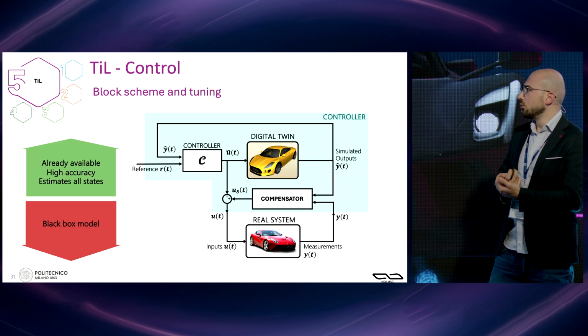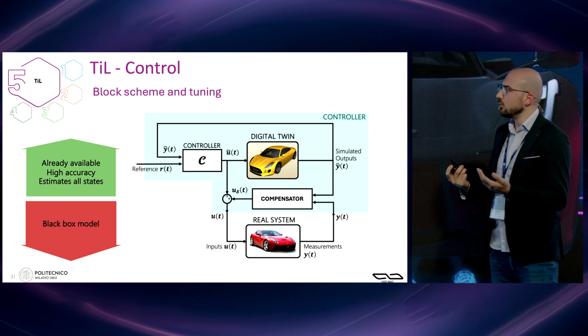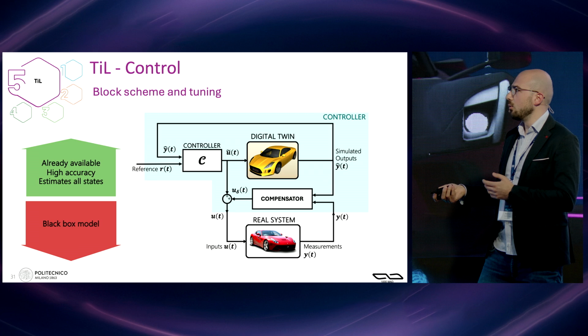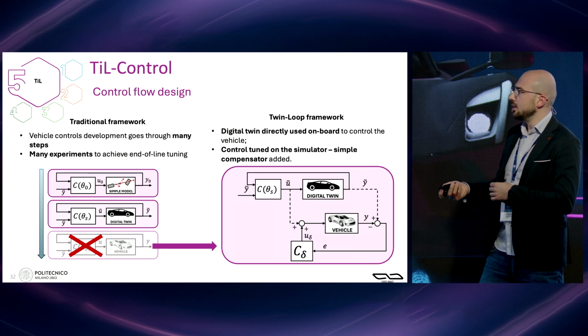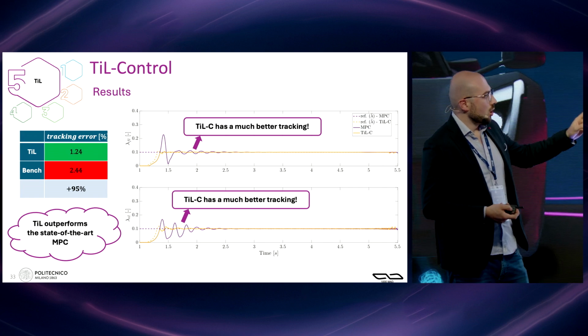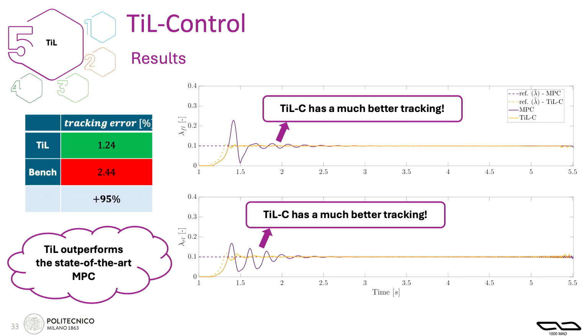About the control, same ideas, but now you have the information inside your vehicle, the states, to control the real one. Again, this allows us to have better performance, even better than the reference one. So the MPC is the purple line, and the TIL has better performance in controlling the ABS. I know it's very quick, but just to give you the idea of this work that we have done